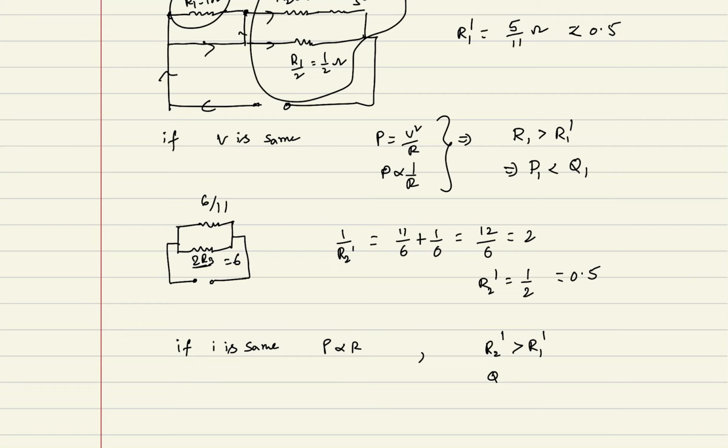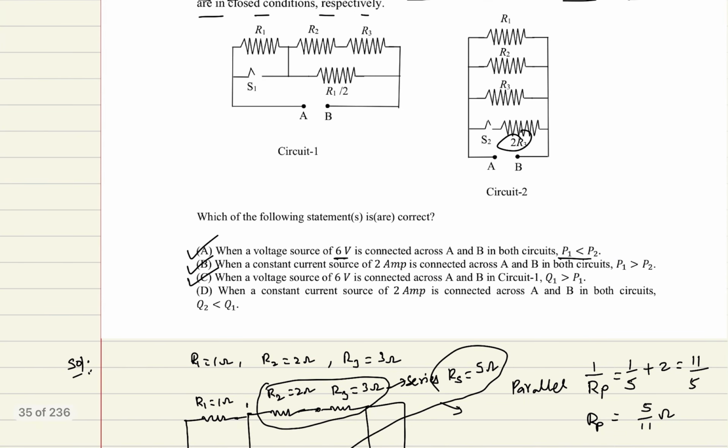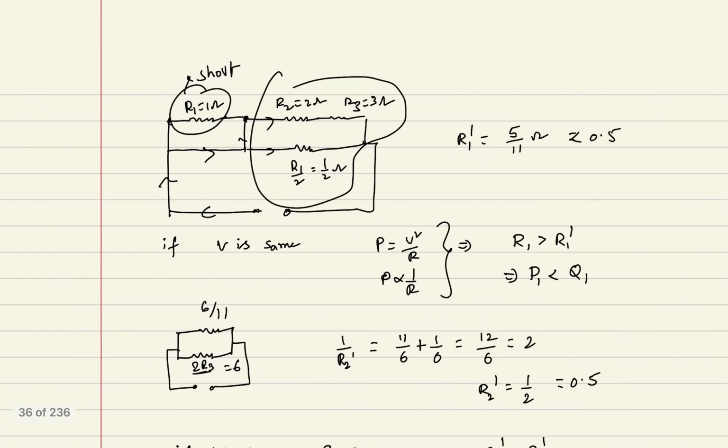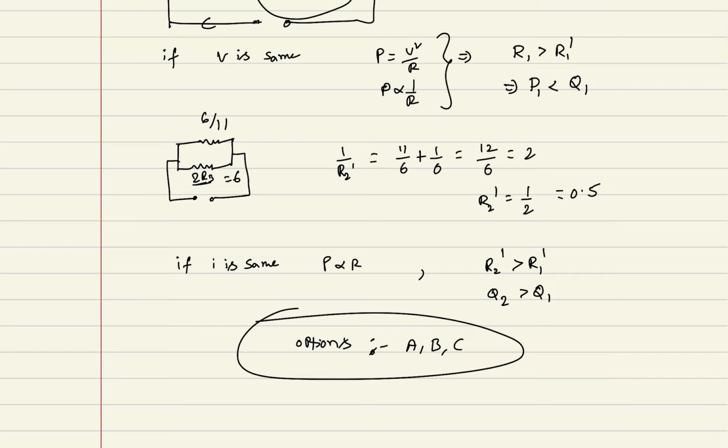If R2 dash is greater than R1 dash, we can see that Q2 value is greater than Q1. But if you see these options, they are written as Q2 is less than Q1. So this is the wrong answer. According to the given, what we got is the correct options are A, B,